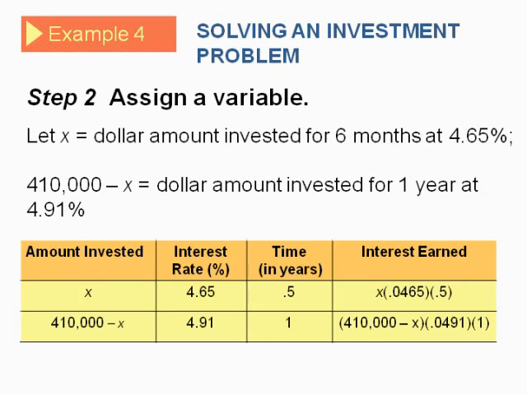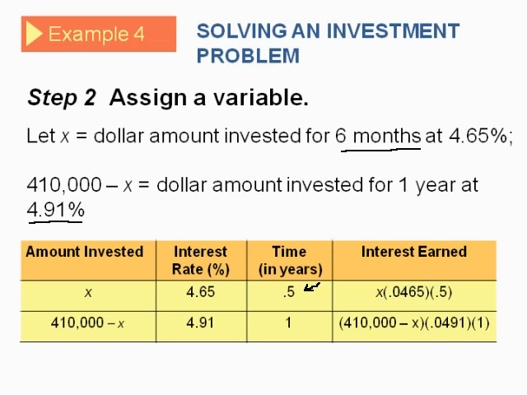So again, we're going to set up a chart here, and we have to call X something here. So let's call X the dollar amount invested for 6 months at 4.65%. So notice we've got interest and time here, amount invested and so forth. So notice at the 4.65% interest rate in time in years, we're going to call that 6 months 0.5 here. So be careful when they give you certain units here, because y'all know when you invest, it's usually in years. And then since we have $410,000 invested totally, the remaining amount must be 410,000 minus X is going to be the amount invested at